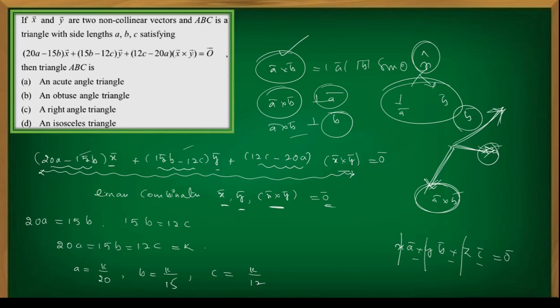Now once you check, if the sum of the squares of two sides is equal to the third square, it is right angled. Every time sum of the squares is less than the third side, acute angle. If at least one of the sum of the squares is more than the third square, then it is obtuse angle, so that you can verify yourself, right? So this is we got a value, b value, c value in terms of k.